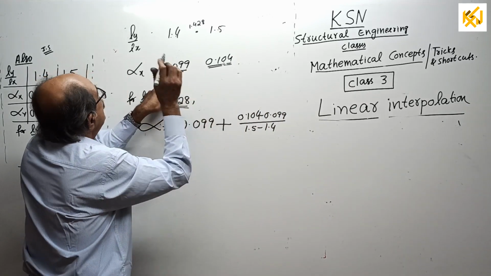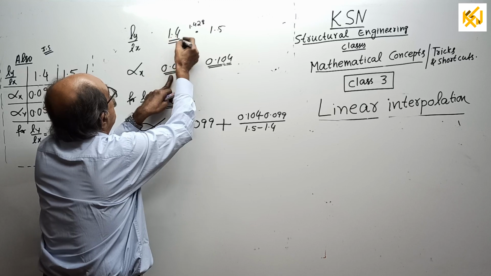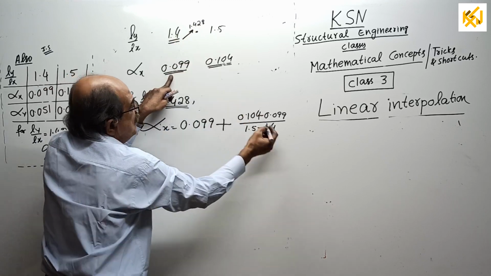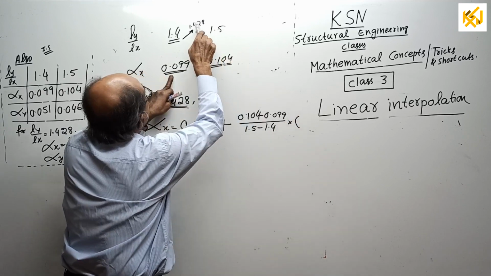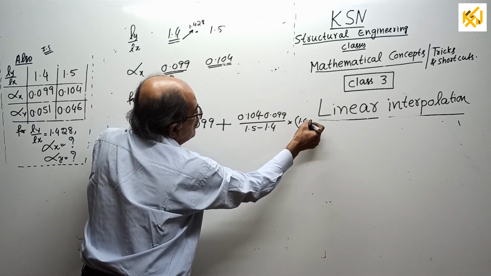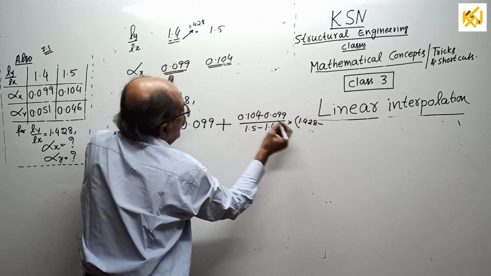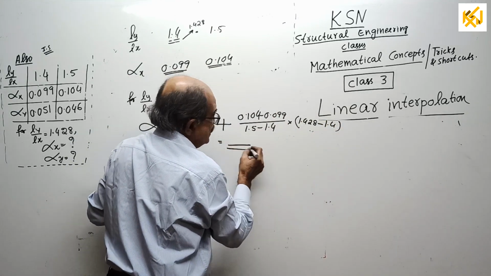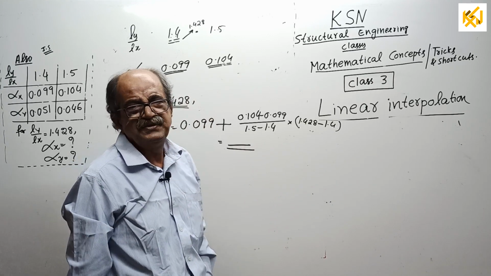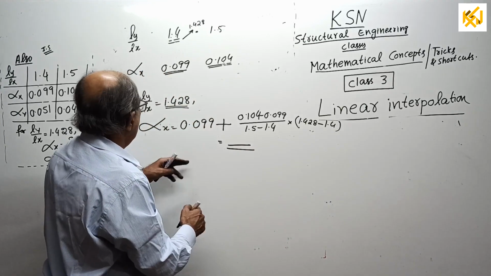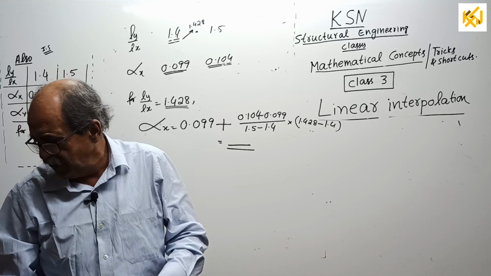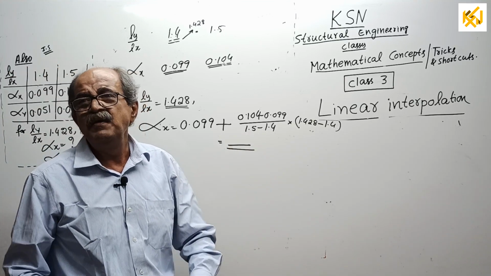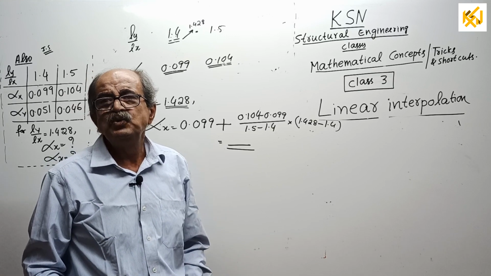But we want the increase from 1.4 to 1.428. See now, how much this increased. Multiply it with 1.428 minus 1.4. That's all. You check the answer. Okay, now that's all. I will give the answer for you. See now, 1 minute. First I will explain and then I will slowly calculate to give confidence to you.